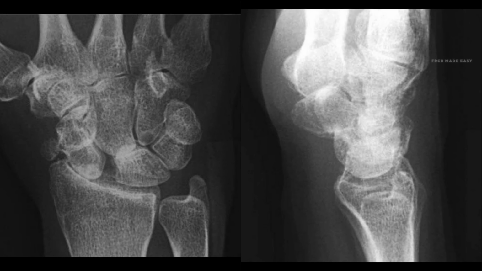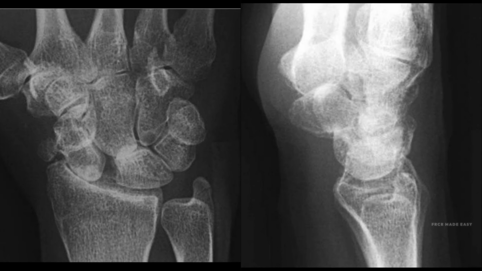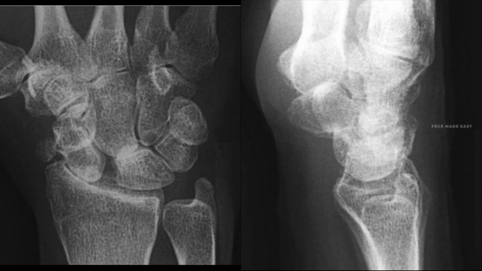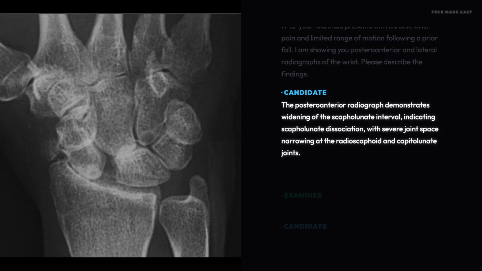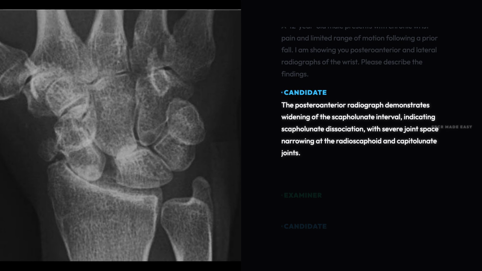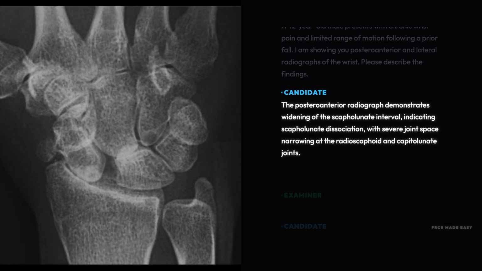A 42-year-old male presents with chronic wrist pain and limited range of motion following a prior fall. I am showing you posteroanterior and lateral radiographs of the wrist. Please describe the findings. The posteroanterior radiograph demonstrates widening of the scapholunate interval, indicating scapholunate dissociation, with severe joint space